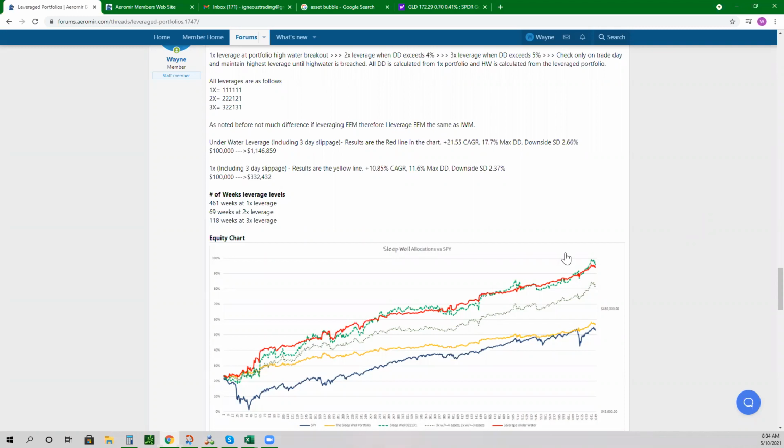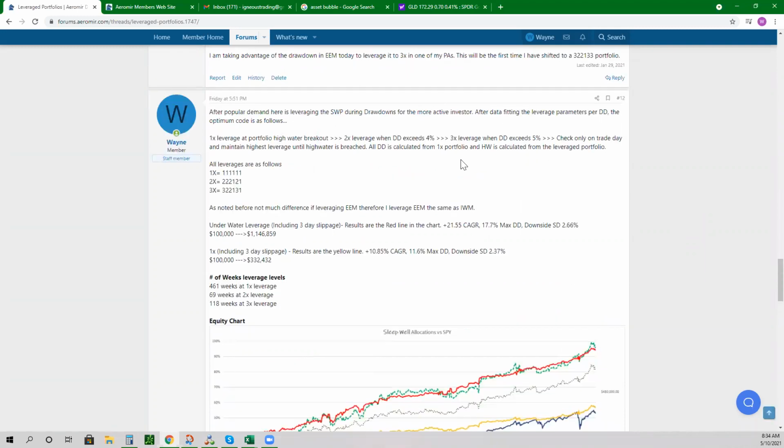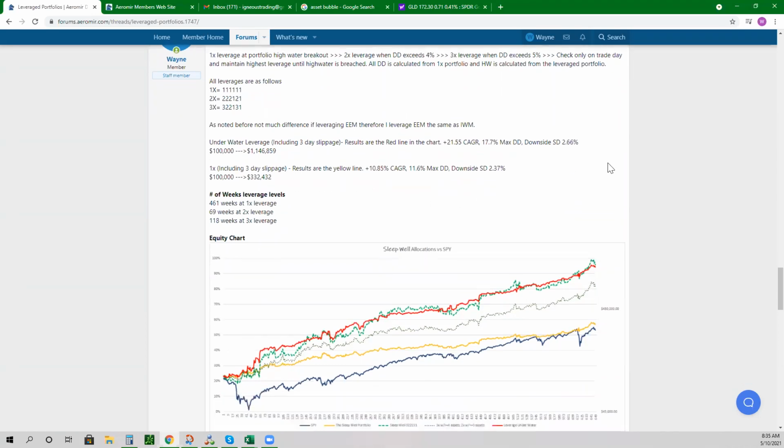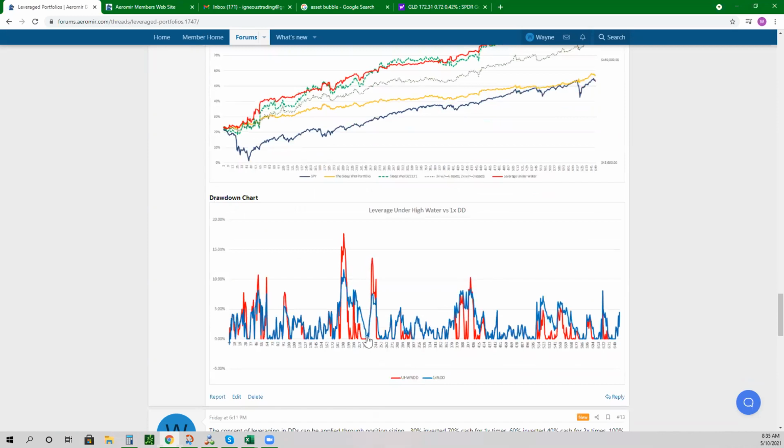So what this strategy does is, and I kind of just went into explaining it right here, all the drawdowns are calculated from just a 1x portfolio, not from the leverage portfolio, although it does work that way too. And then the trade only goes back to a 1x variant when the high water mark is breached, but it's the high water of the actual portfolio that's already leveraged, not the 1x. So the 1x will take a little bit more time to get back to high water, right? So you can see this in the blue. It takes longer to get back up to high water.